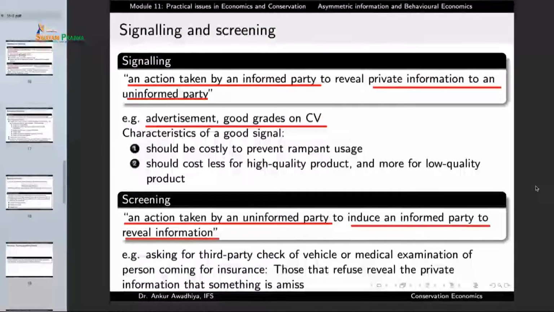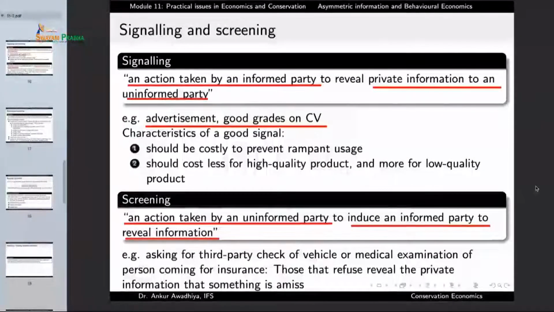In the case of screening, it is an action taken by an uninformed party to induce an informed party to reveal the information. So in this case, the uninformed party is doing something, and that something is to induce the informed party to give out information about itself,